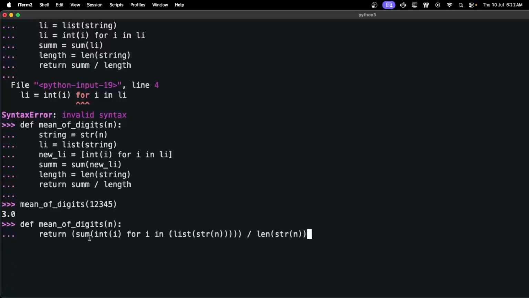Okay, I'm just doing the same thing but in one line. Similar thing, what I'm doing is converting it into a string, then I get the list out of it, then after that I convert it into an int for every item in that list, and then I'm doing a summation of it and dividing by the length of string n. Okay, so it's just doing this thing but in a single line. So if I do something like that, right, I get the same solution,